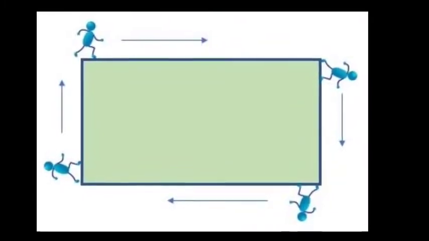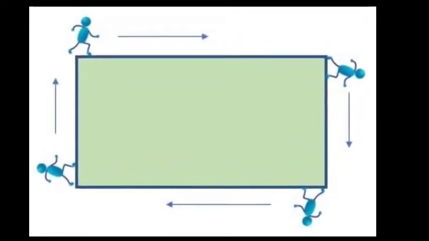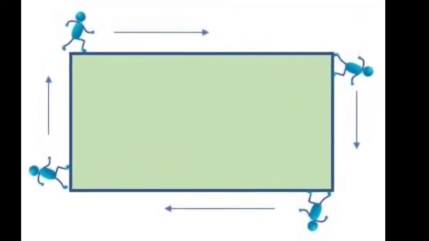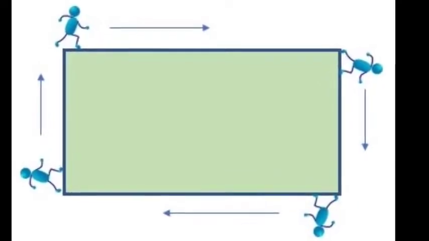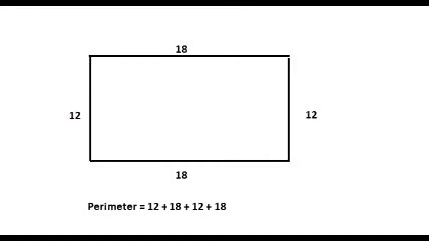So in the previous video we have learned what perimeter is, that is the total distance around a closed figure. We have also learned how to find perimeter by adding all the sides of a figure. So today we'll learn how to find the perimeter of a rectangle and other regular figures using a formula, in our topic mensuration.